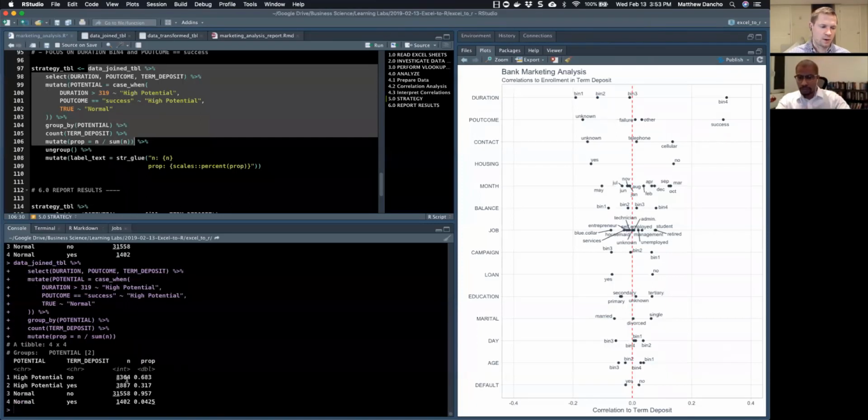So for this high potential group, where the term deposit outcome was no, we can see that that's 8,364 people, and 68% of those people did not take the term loan. Conversely, where potential equals high potential and term deposit is yes, meaning that they actually opted into that product,